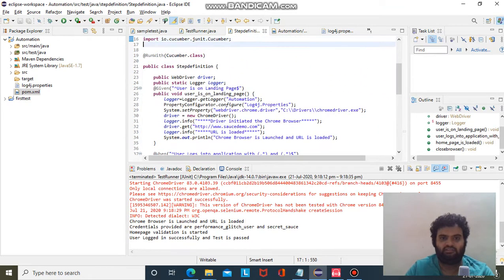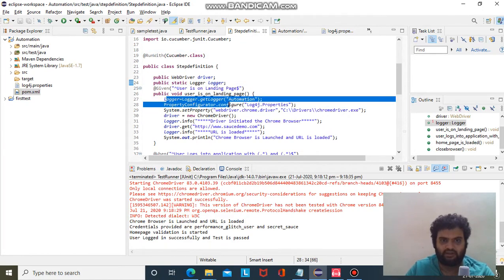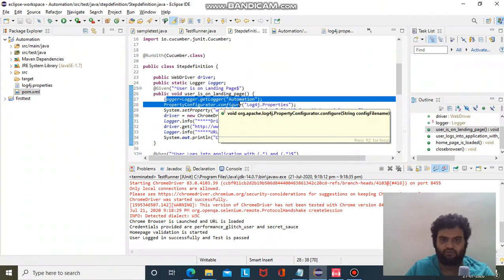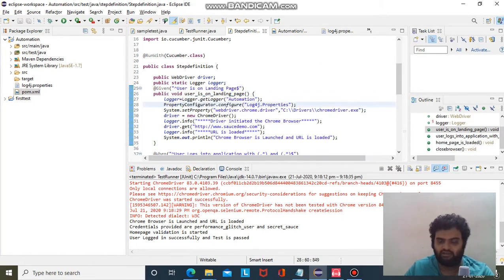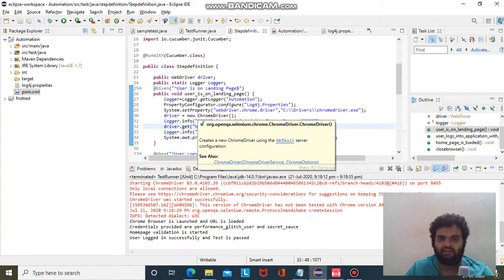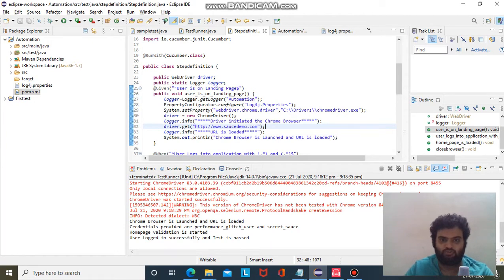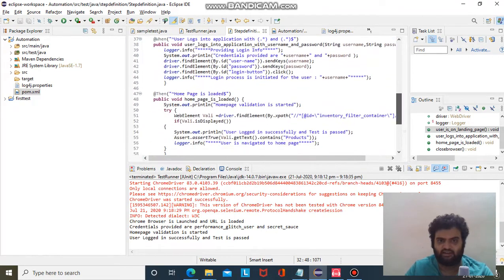So what I did is I created a logger variable and set the property for the log variable so that it refers to log4j.properties. And it is simple: wherever you need to trace the log, you can use the function logger.info followed by the text that needs to be captured.